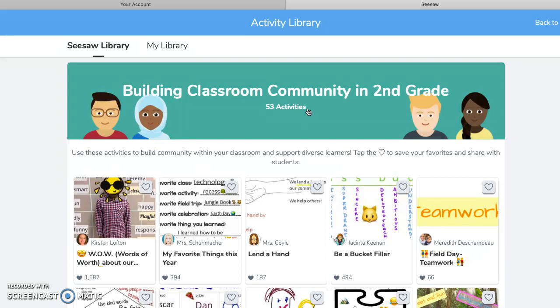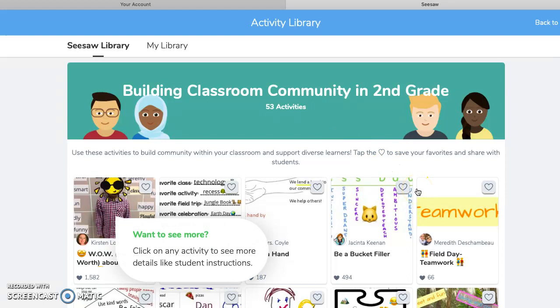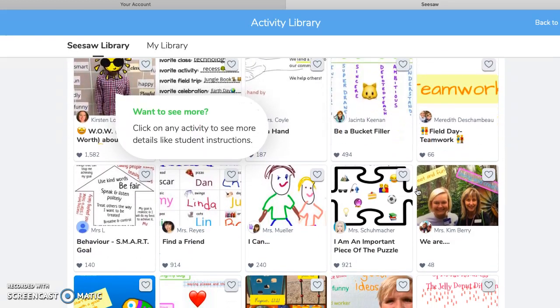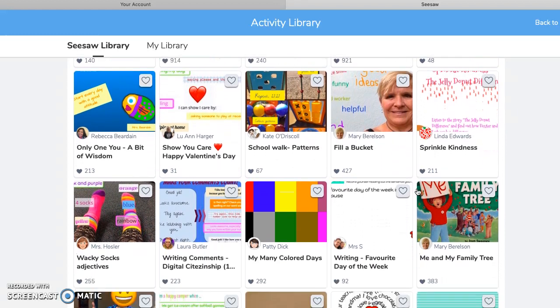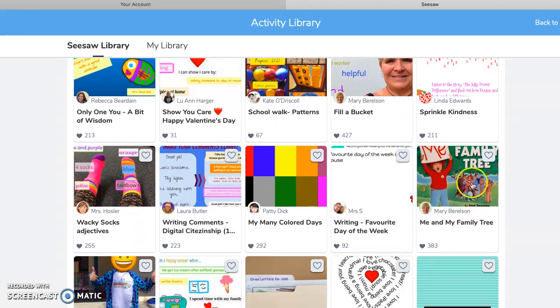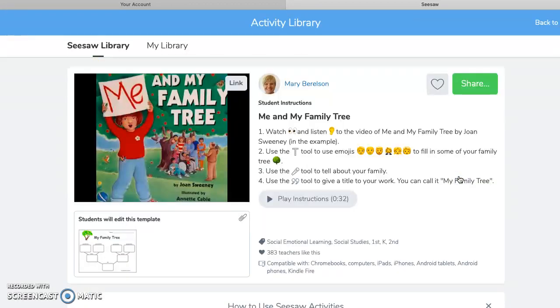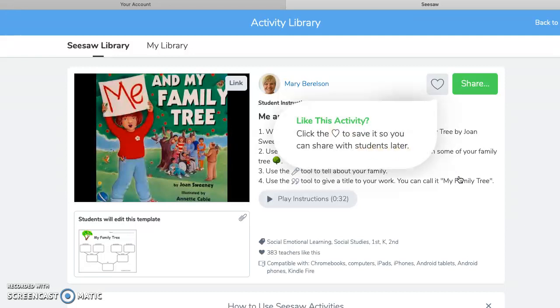Under this heading, there are lots of activities that you can choose from. So I'm just going to scroll down until I see something that really pops out to me. Oh, this activity is really interesting to me. Me and My Family Tree. So once you decide to view